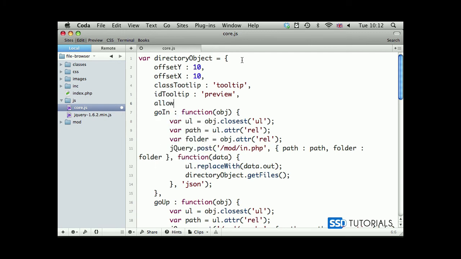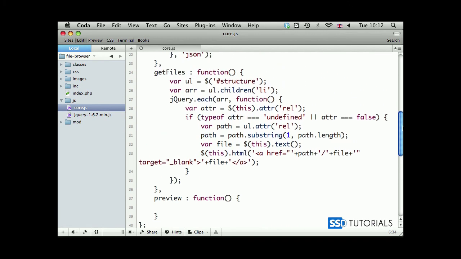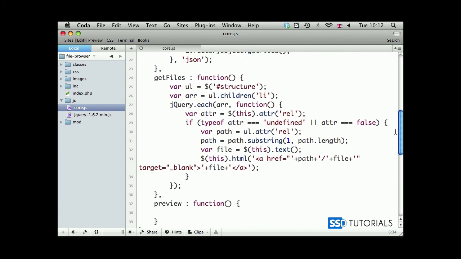Then we have allowed extensions, and this is going to be array. Then come after this, array of PNG, GIF, and JPG. Only these extensions we want to be allowed to show the tooltip. So now that we have all these ready, we scroll down, and first of all, we need to amend our